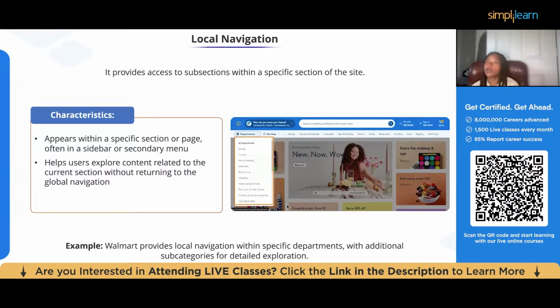It appears within a specific section or page, often in a sidebar or a secondary menu. It helps users explore content related to the current section without returning to the global navigation. And then Walmart provides local navigation within specific departments with additional subcategories for